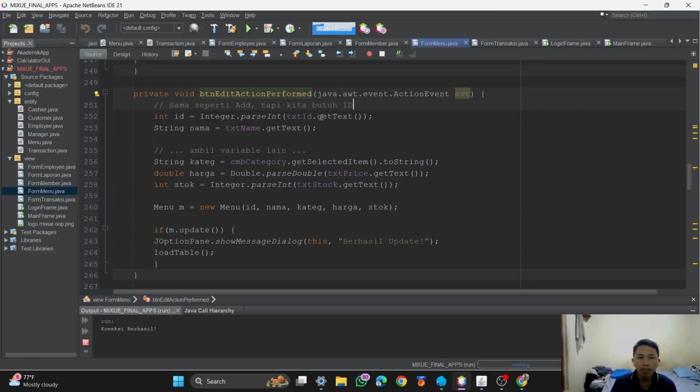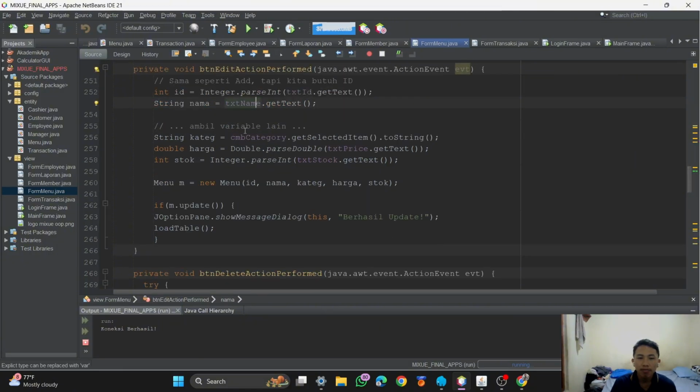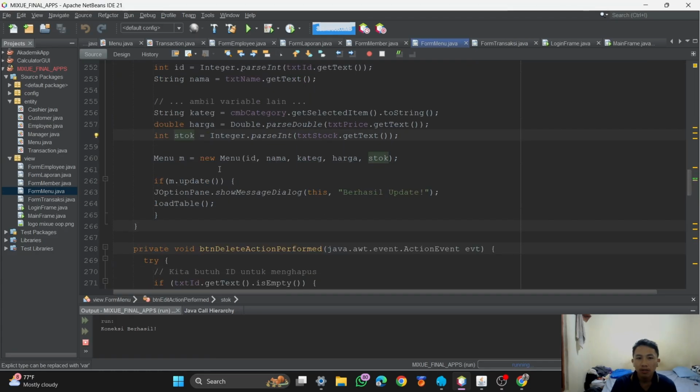Integer name, get text. Next is getting the variables category, harga, and stock. And this is the method from the menu.java class.